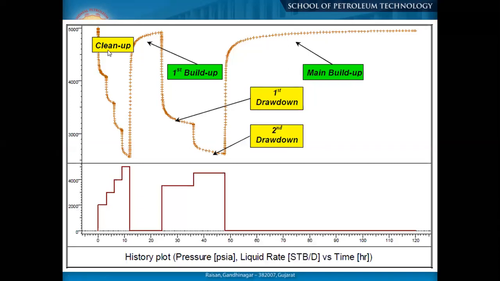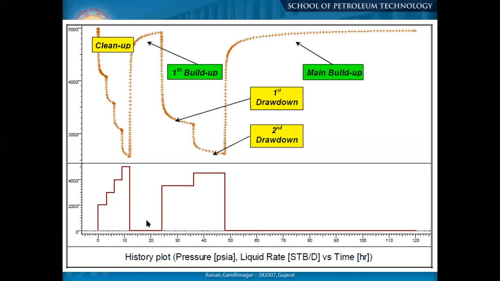So this is what is there in the normal. If you see, initially we are using multi-rate. If you go through both graphs, the below graph is the production rate and the upper graph is the pressure response. So this is called the cleanup. Cleanup means, as I told you, once we perforate a well and then activate, sometimes we don't allow the well to flow at a continuous rate. So what we do, we change the bean size so that the pressure response will be varying and the nearby wellbore area should be clean. That's why we change different bean sizes or production rates initially to get the actual production response, so that it will be clean.